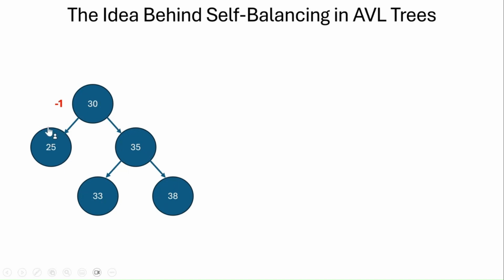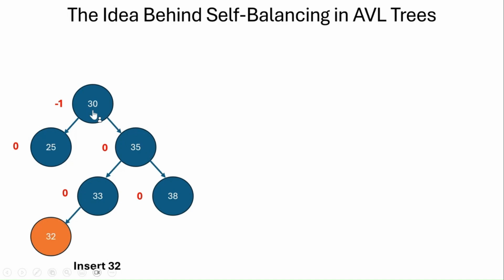For 30, the height of the left subtree is 1 and the height of the right subtree is 2. So 1 minus 2 is minus 1. Similarly, we calculated the balance factor for each node in this binary search tree. So far, for every node, the balance factor is either 0 or minus 1, so it is fine. But now, when we want to insert 32, according to the binary search tree property,